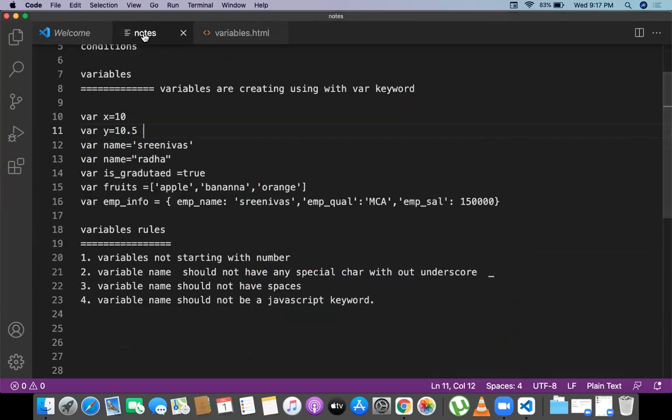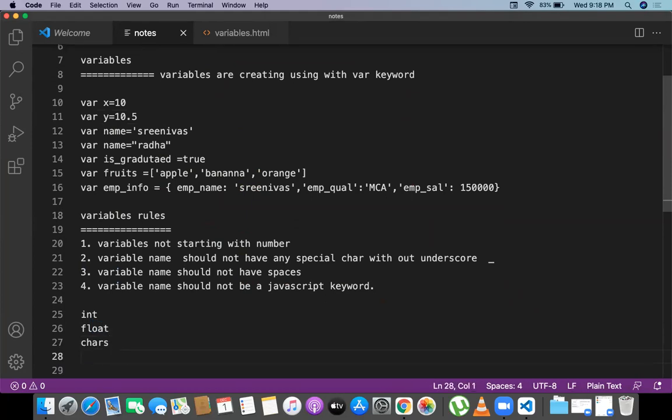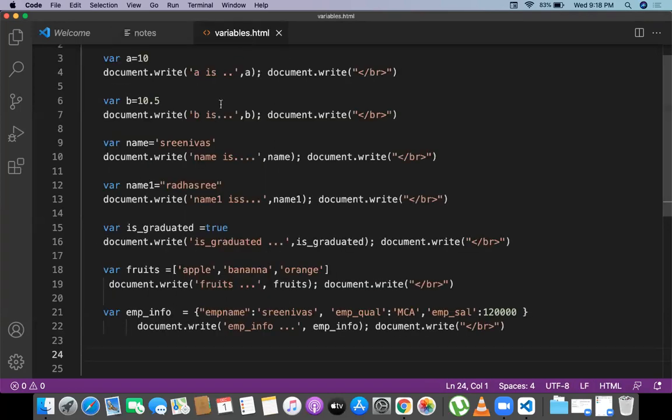But remember one thing, in JavaScript, variables are created with the var keyword. Var is a global keyword. In other programming languages, most probably we will have int, float, char, all these things, and string like this. But in JavaScript, we don't have that. We don't have any data type we need to mention. Every data is stored using the var keyword. Var is the very important keyword we need to remember to create JavaScript variables. And we will have a lot of JavaScript variables over there.